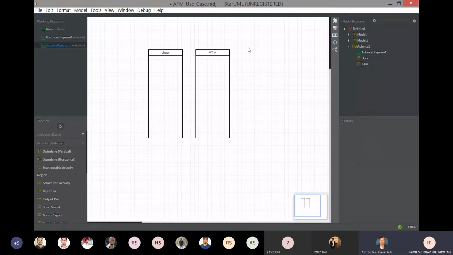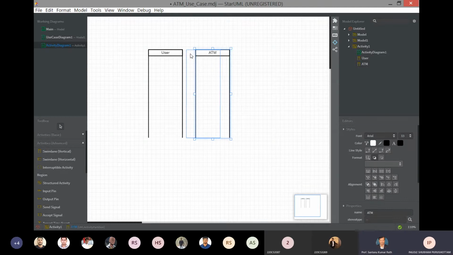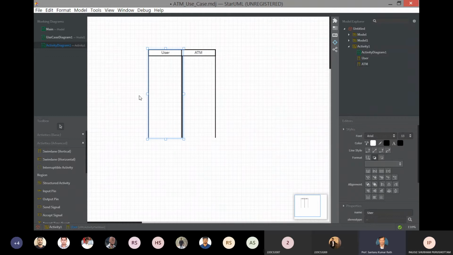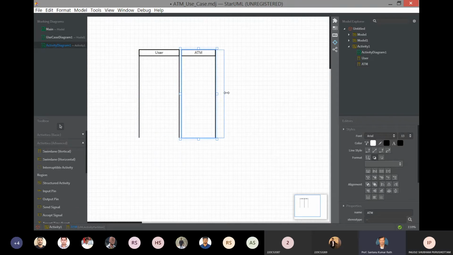For every use case in the use case diagram, there will be a related activity diagram. So this activity diagram I am drawing for balance inquiry. Again, I will take a third swim lane.